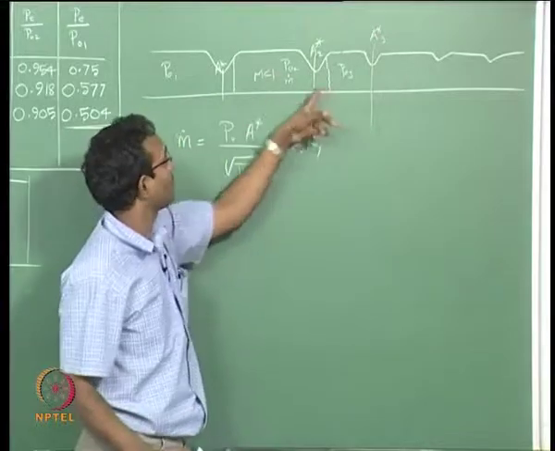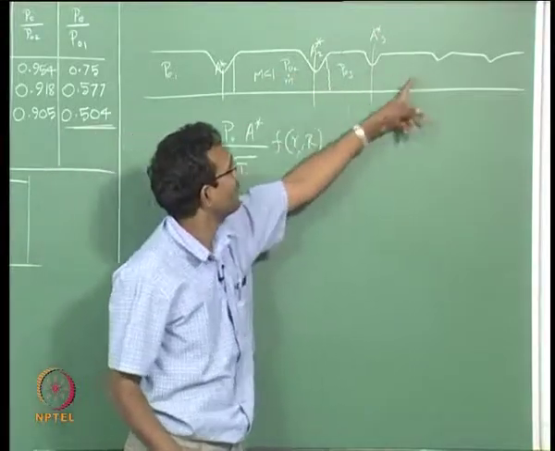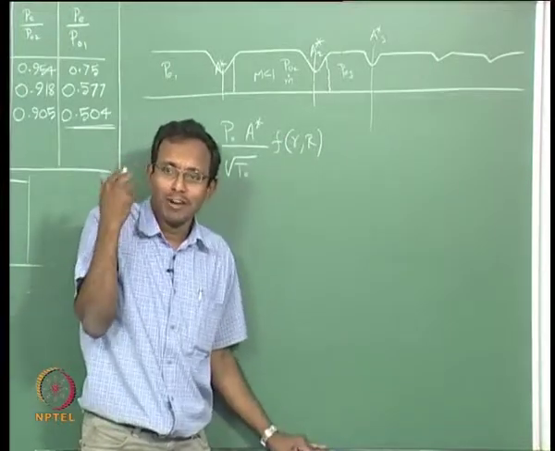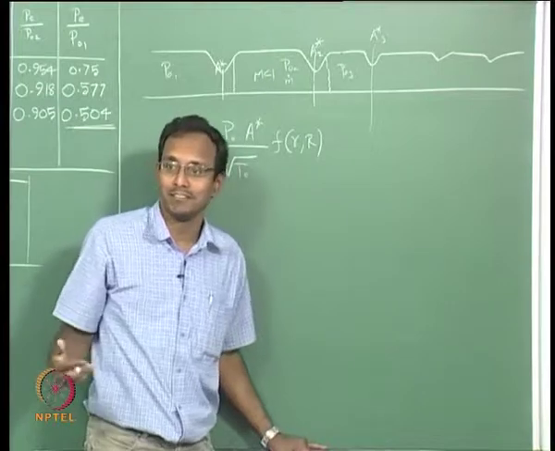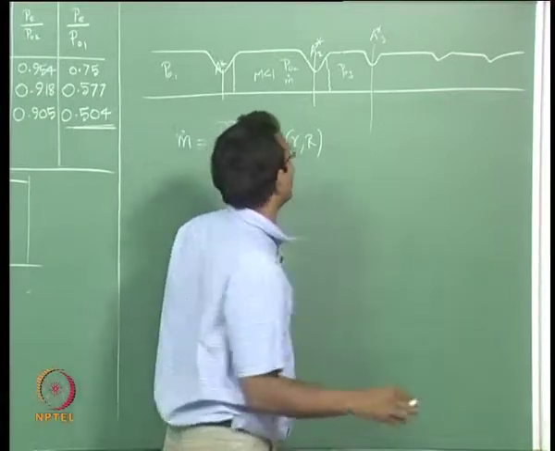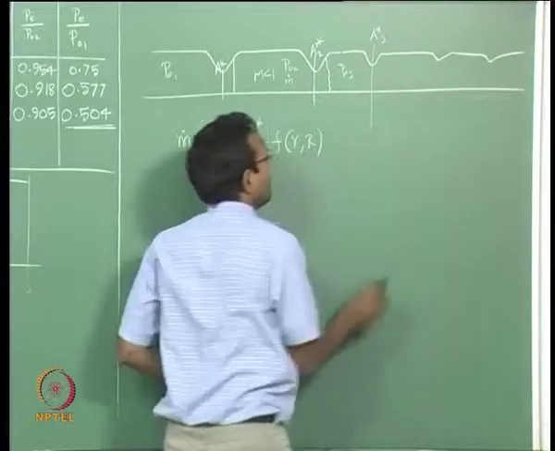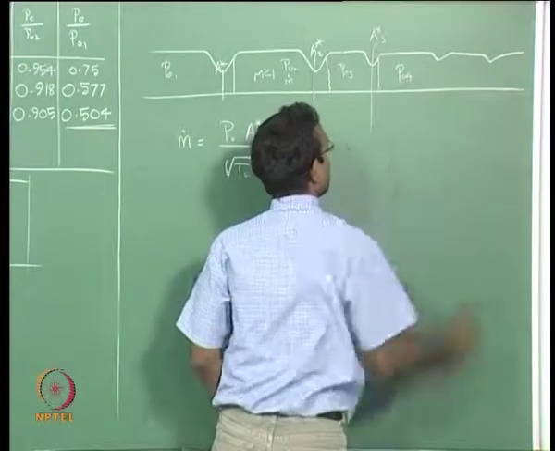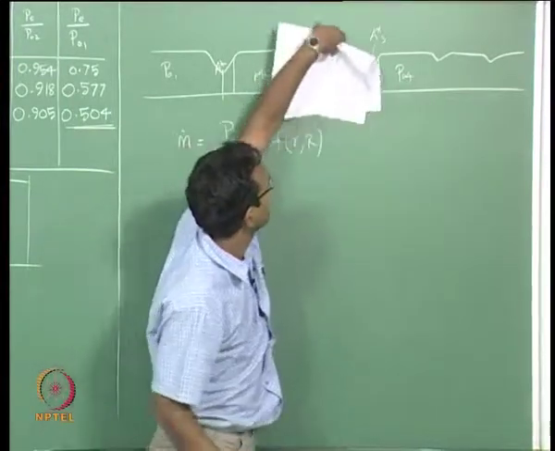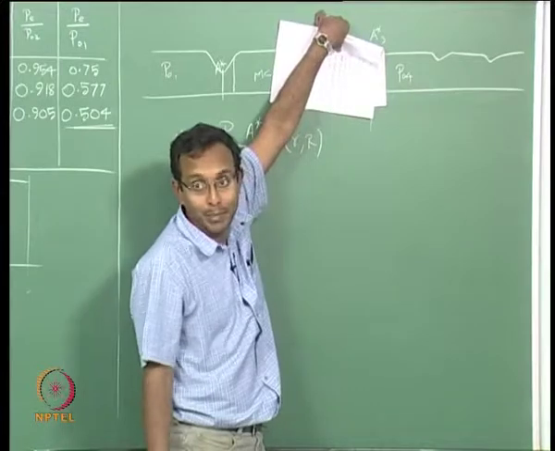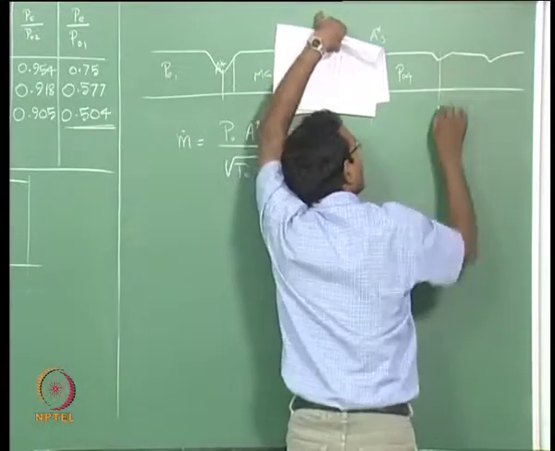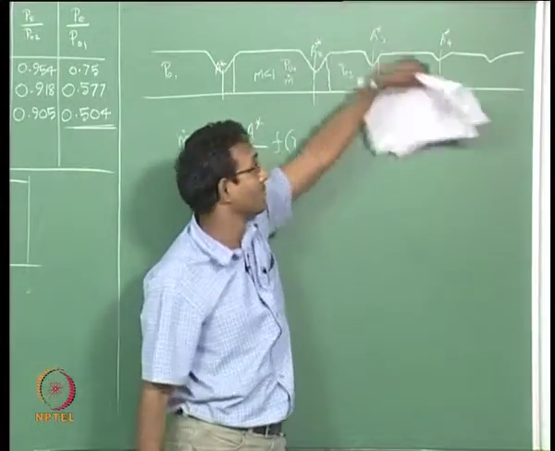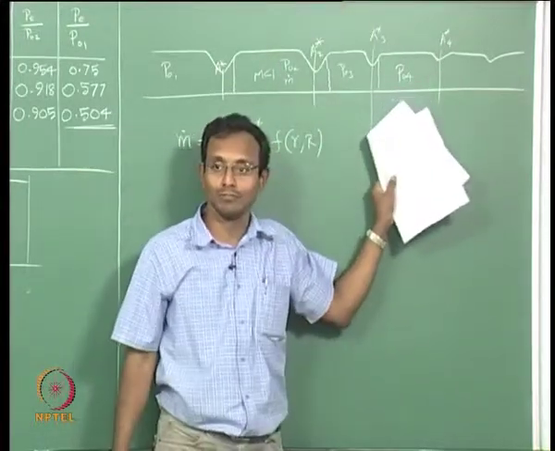So now I can have another A star. Typically, since P naught is dropping continuously, my areas will keep on increasing. Now in all this, I am doing one more thing which I am not stressing too much yet. We will see if you are noticing after more. If I have P naught 3 and I want to have a shock here, then this will become P naught 4. Now I do the same problem again. I will look at only this problem. There is a P naught. I can form a star 4. I can make it choked as long as my PB is low enough for this P naught 4.